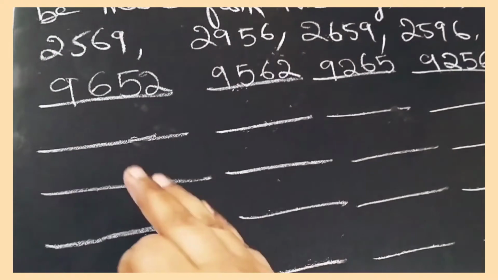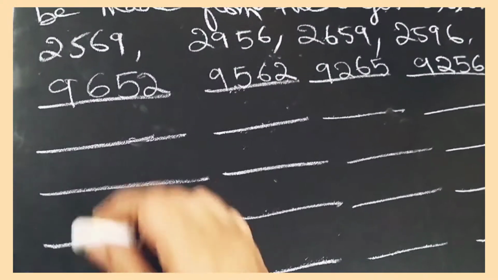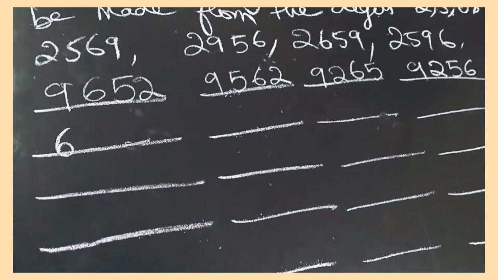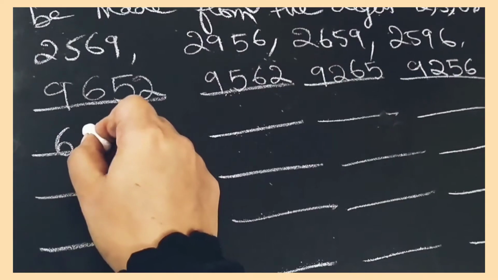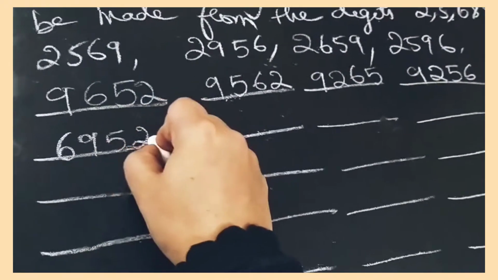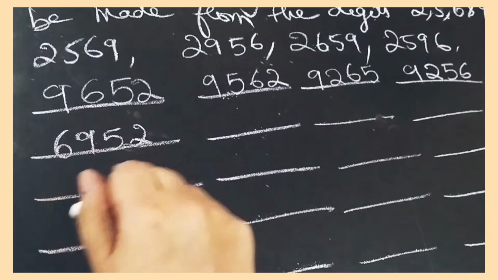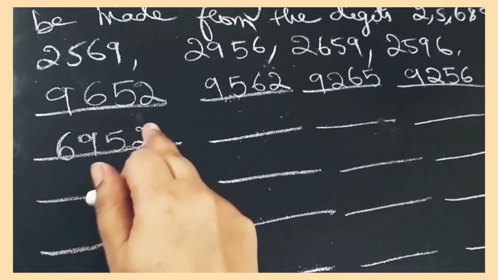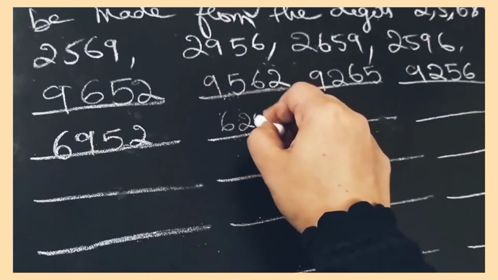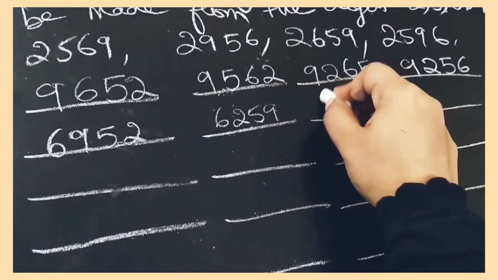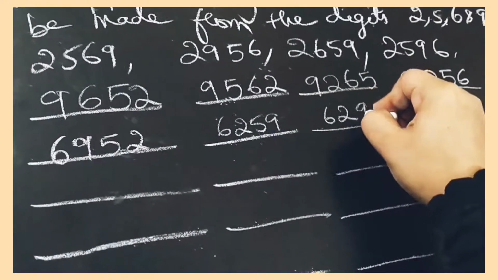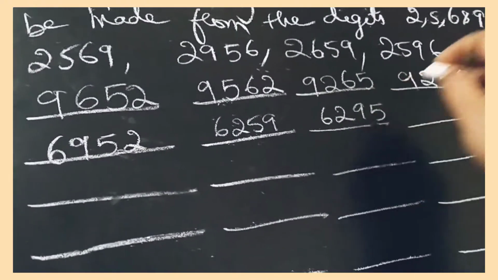Okay, then we'll make the next numbers with 6. We'll start with 6. Okay, 6 9 5 2. Then we will write 6 2 9 5 or 6 2 5 9. Okay, 6 2 5 9, 6 2 9 5. Okay, then